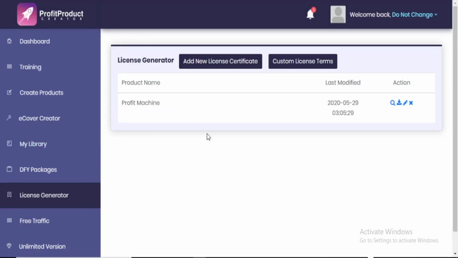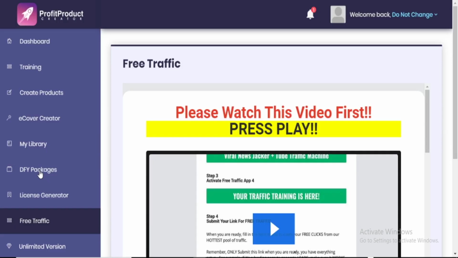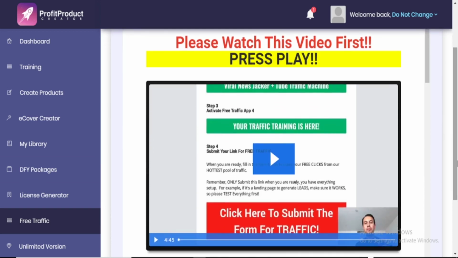This is where you generate your license. Of course, this is where free traffic, again depending. Now here in this section, Glenn reveals a secret. If you stay with me to the end, I will tell you what secret Glenn reveals in this section of this members area. So now let me take you to how you can create your ebook.